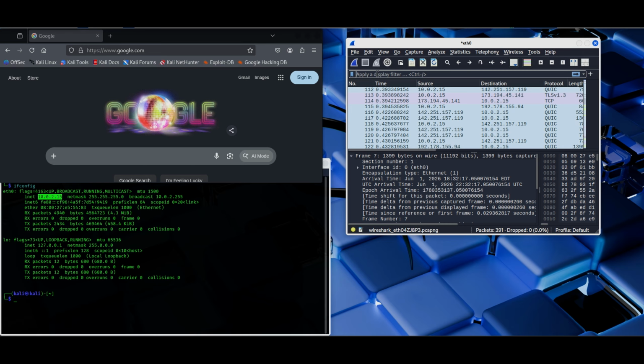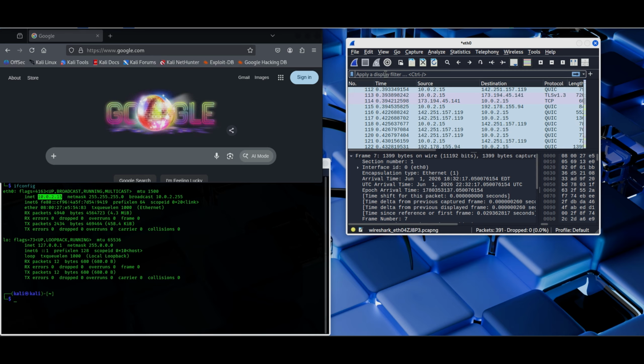If you click on this box right here, this is the filter. So if you know what to look for, let's say you're trying to find something malicious, like your computer connecting to a malicious website, which is a good example because that happens a lot. Well, if you're in the cybersecurity field, there's a chance that you might have to use Wireshark, and it's important for you to know